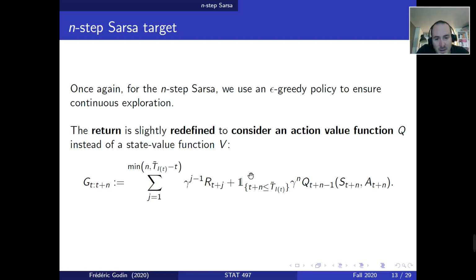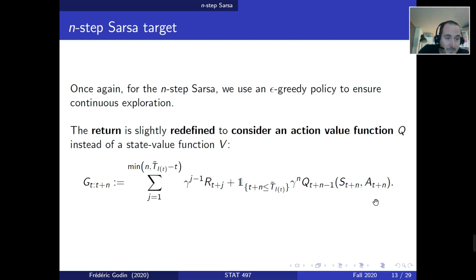Plus, once again, this is the indicator which says this term is only present if the episode ends in at least n steps, times gamma to the n, times Q_{t+n-1}(S_{t+n}, A_{t+n}),